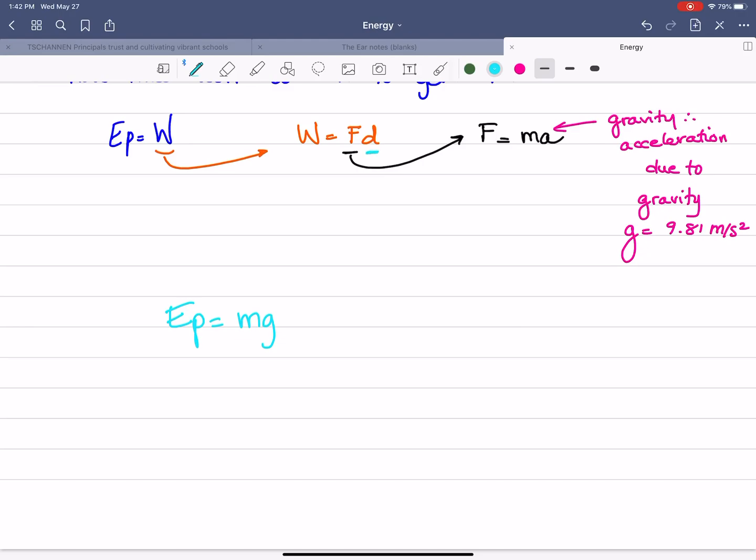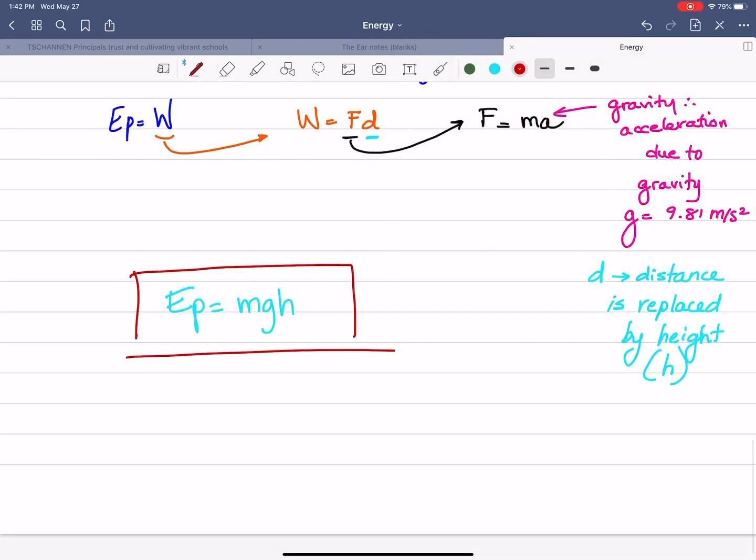But in this case, because the object is standing above ground, distance is going to be replaced by height, because I'm standing above ground. And so the formula for potential energy is going to be EP is equal to mgh,